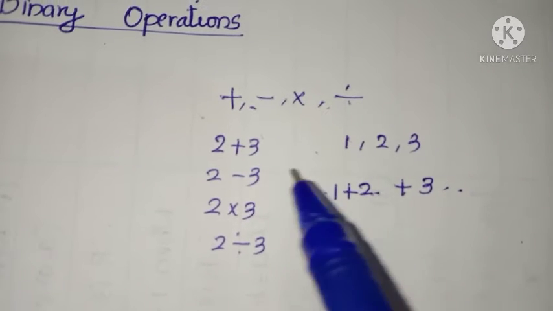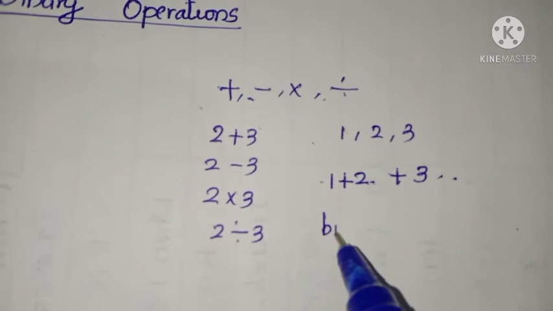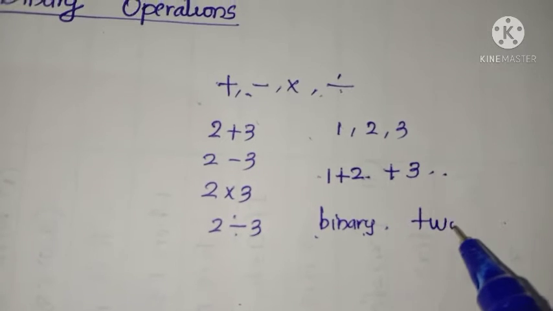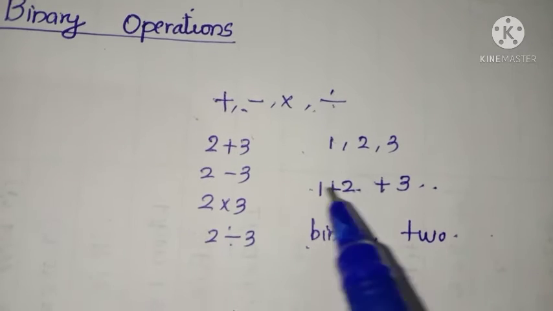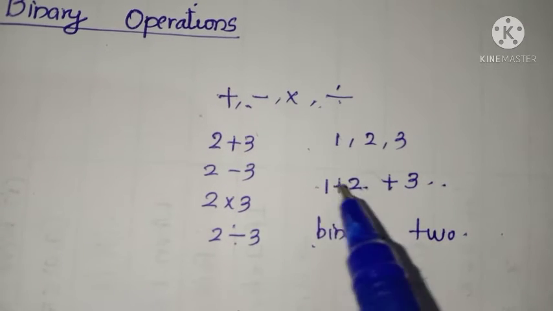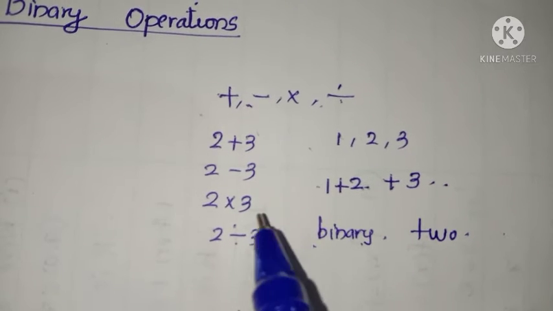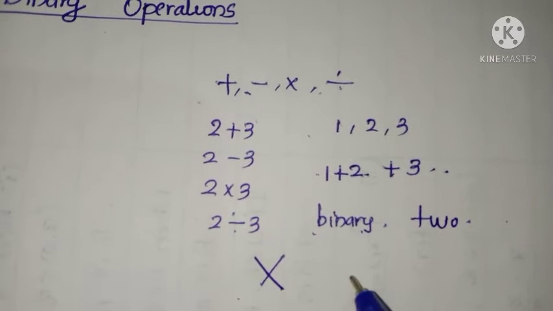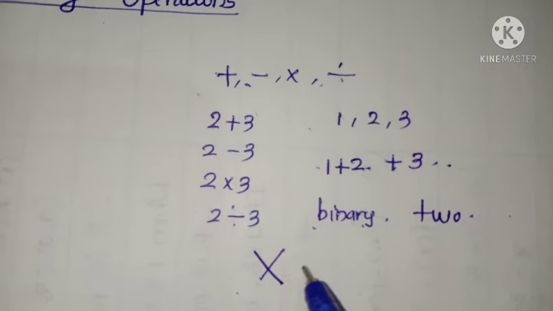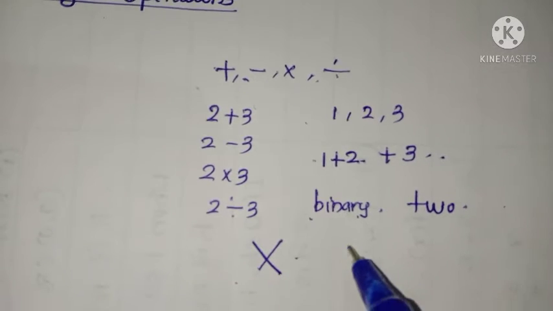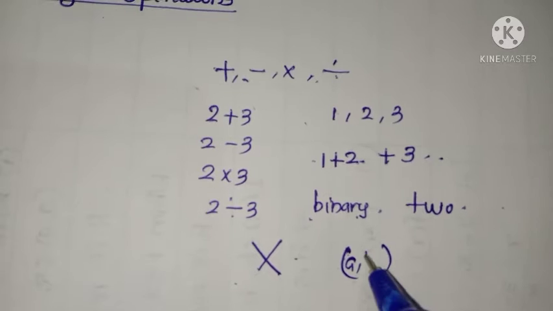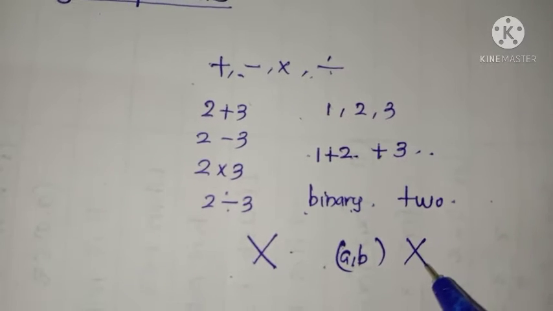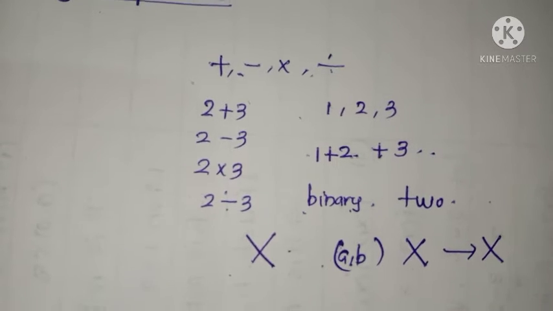These four operations are examples of binary operations. So listen, binary means 2. If we want a general definition which can cover all these four operations, then the number is to be replaced by a set X. A general binary operation is nothing but the association of any pair of elements from a set X to another element of the set X.